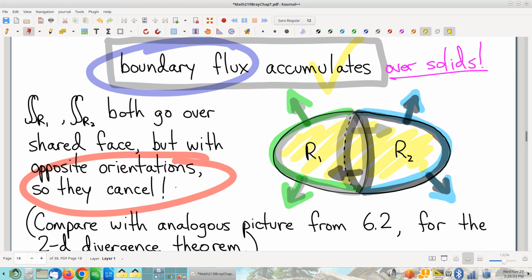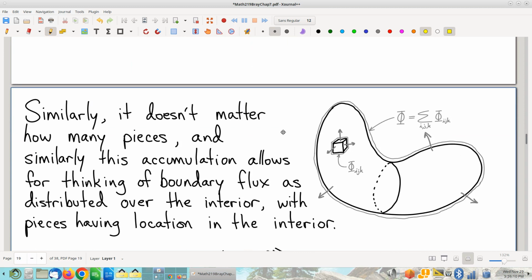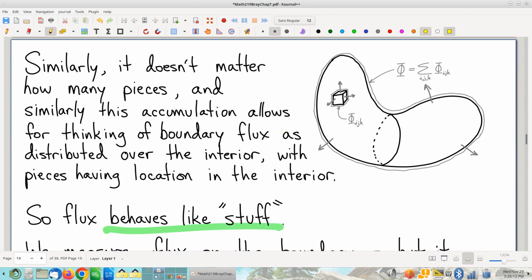All right. Okay, this is tremendously valuable. Knowing that something is an accumulating quantity means that it behaves like a stuff. We've talked about this in the context of different kinds of accumulating quantities. But the big idea is, if you have some accumulating quantity that is defined for the whole, and you want